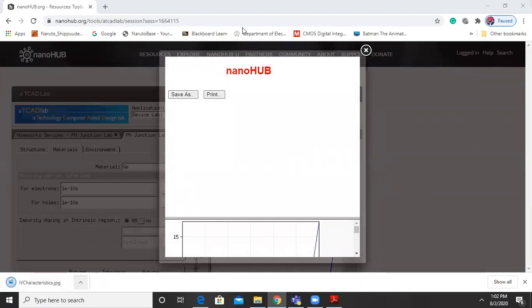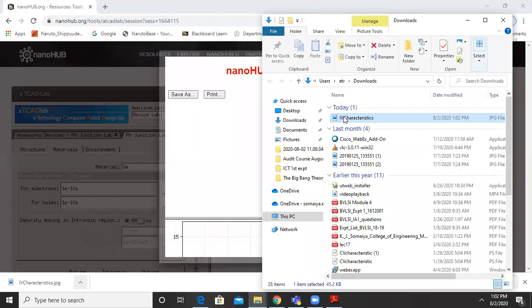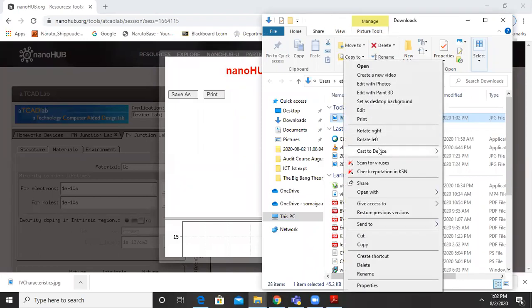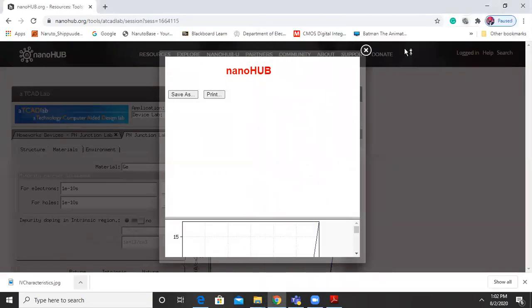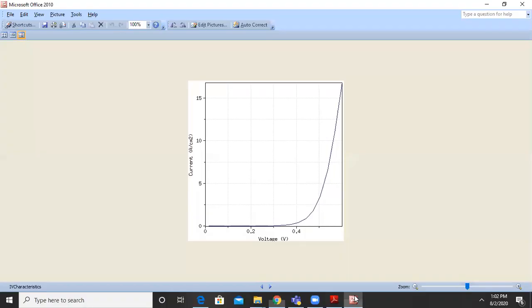You can open it and view it. So I can right click over here and I can view this plot, whether it has been properly saved or not. Let me check that once. Yeah, so you can see the x-axis and the y-axis and the plot, and the values in the x-axis and y-axis have all come up.